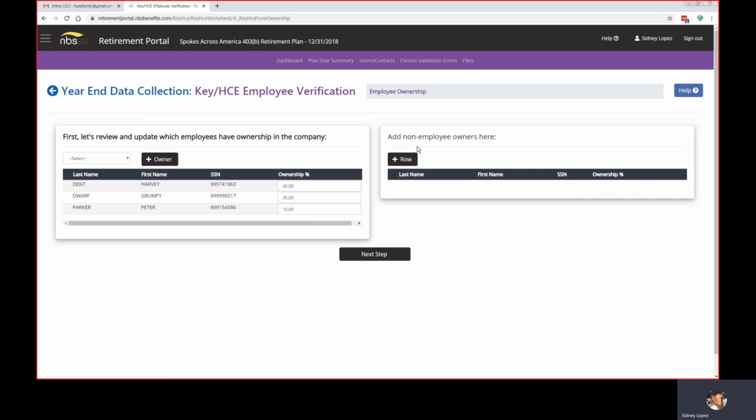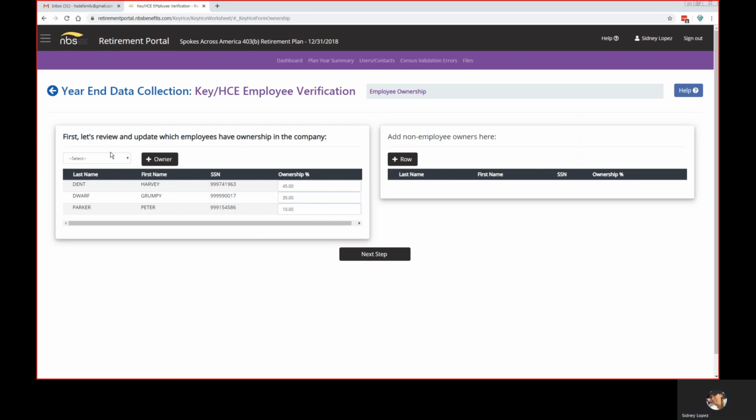If you have any non-employee owners, you're going to add them here. You would simply select Add the row, put in their last name, first name, social security number, and ownership percentage. In this case, we don't have any non-employee owners, so I'm going to go ahead and delete this row that